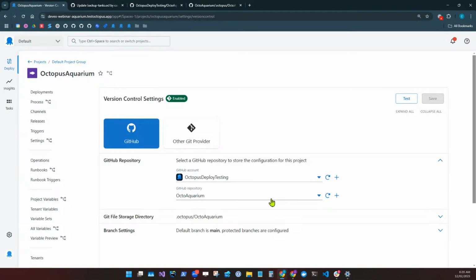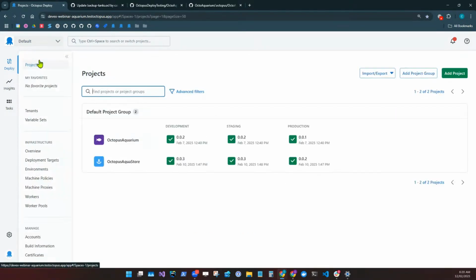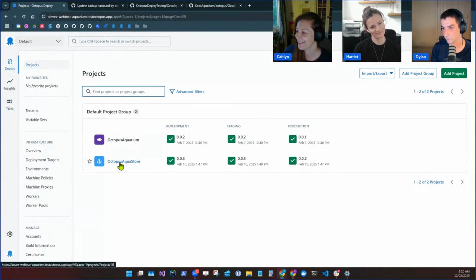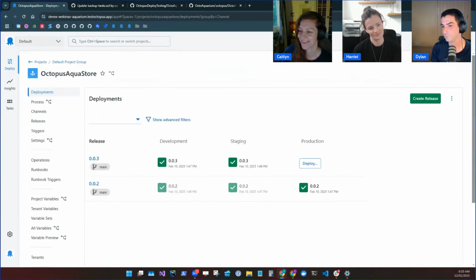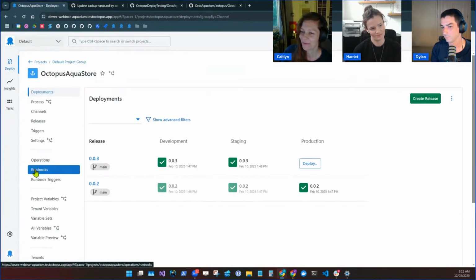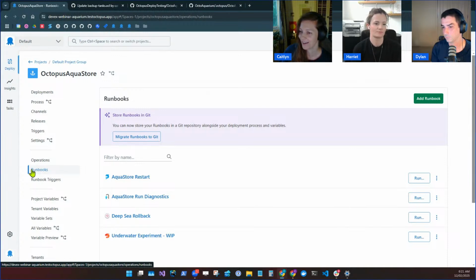So if you're converting a new project, there's actually nothing new that you're going to need to do. But if you're using config as code for the deployment process on your project, and you want to use it for your runbooks as well, when config as code runbooks are available to you, you're